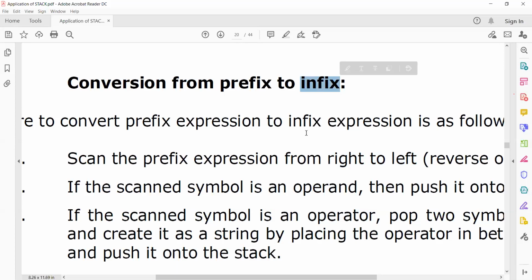Postfix means you have to put the operator after the operands. Make a string by putting the operator after the operands, and again push it back into the stack.